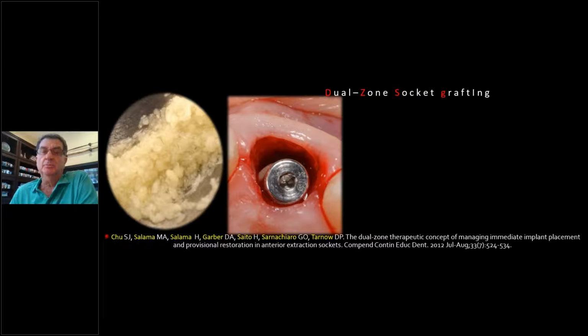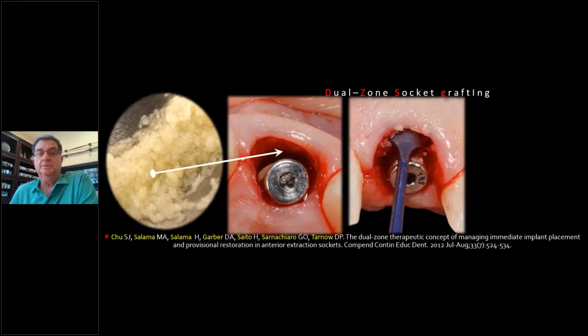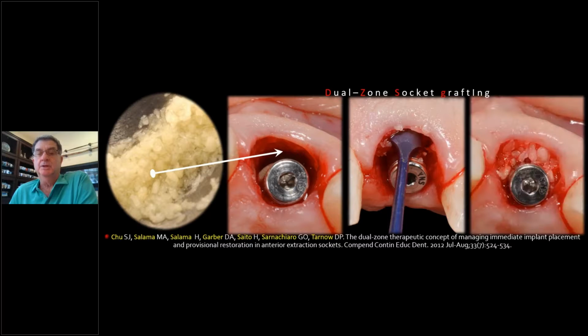And this is why I don't mind the bone chips up to the crest, but we're going to do something called dual zone socket management. So we put the bone chips in, and we have special instruments. Salvin and other companies make packing instruments. And I'm going to put it in and pack it against this here, and then wait till it clots for about 3 to 4 minutes. Then I slowly take off that straight healing abutment.